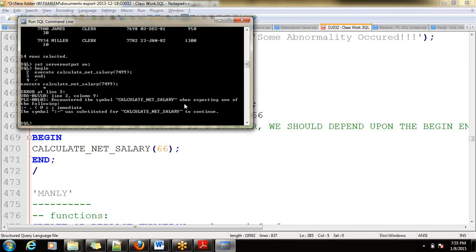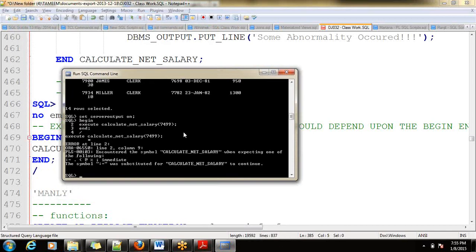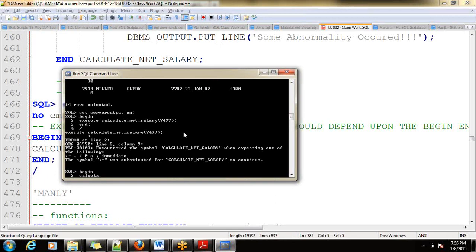Something went wrong. Calculate net salary, encountered the symbol. Let me write it again. Begin, calculate net salary 7499.